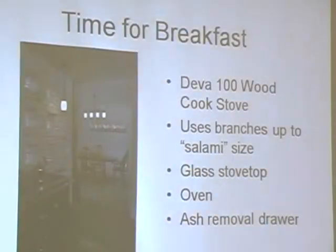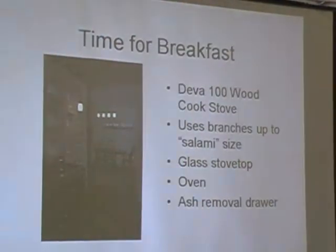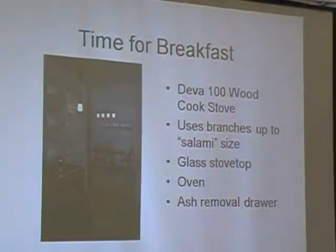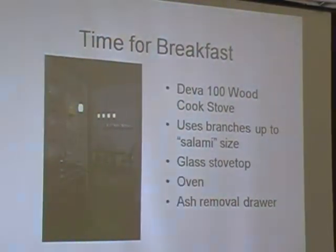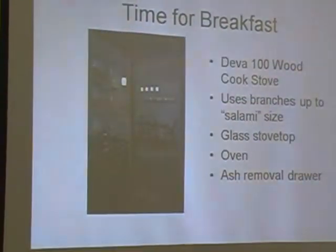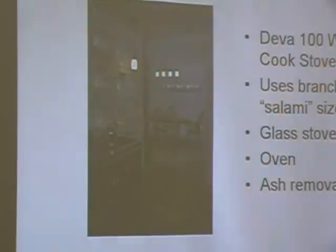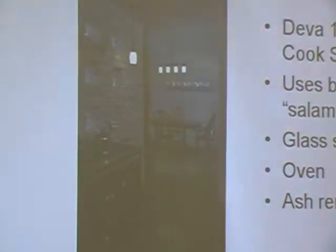And so it's time for breakfast. And this is a feature of our home I get a lot of questions about. That's my wood cook stove. And it's in the forefront of this picture. It's a brand new model that just came out about a year ago from Hearthstone. It's called a Diva 100. The surface of the cook stove is glass, just like a